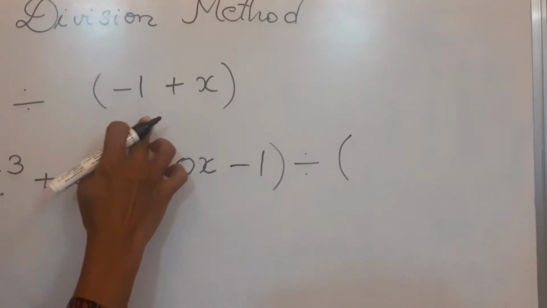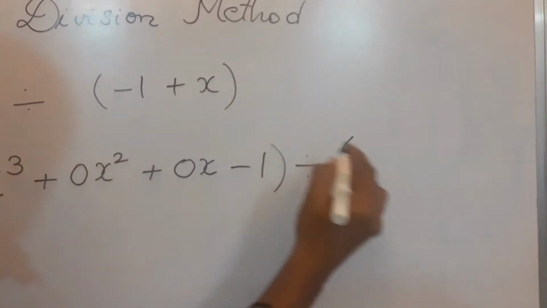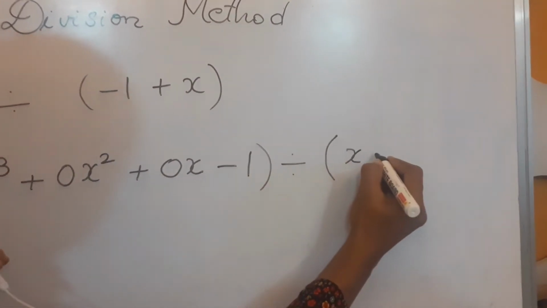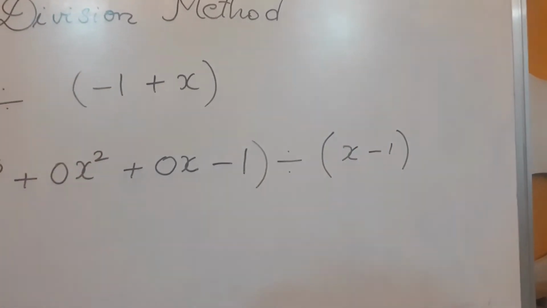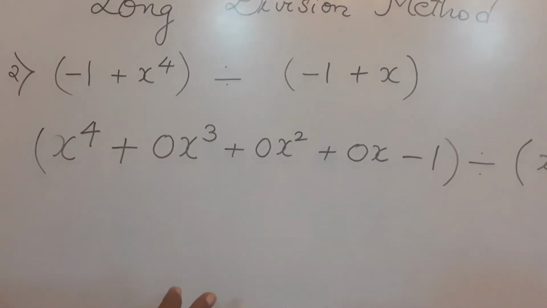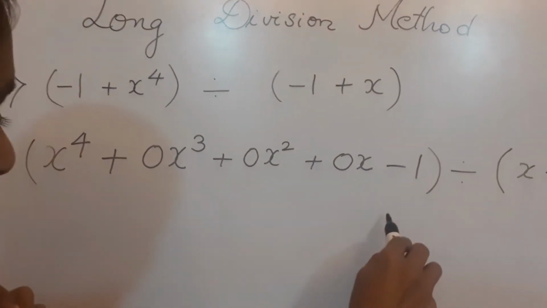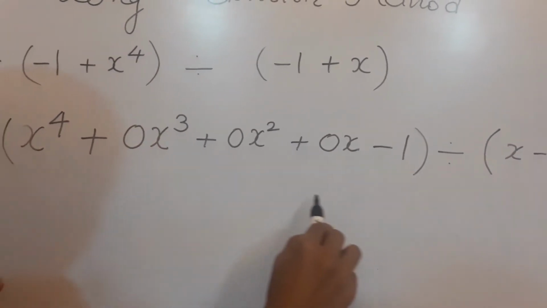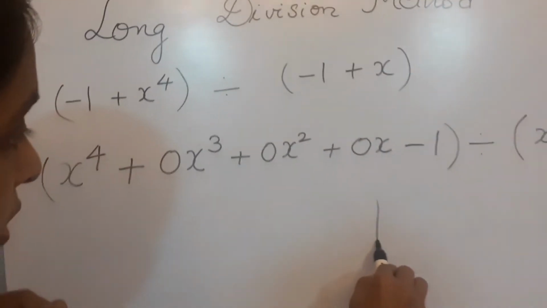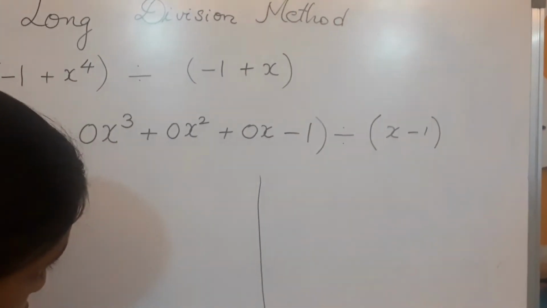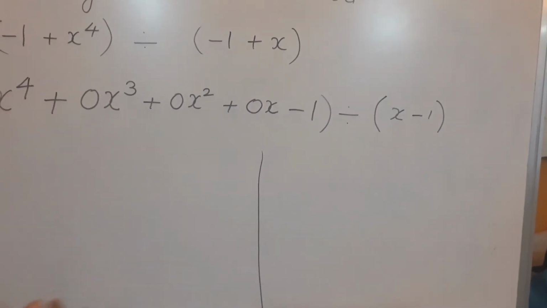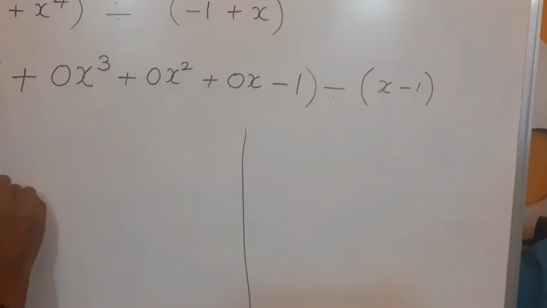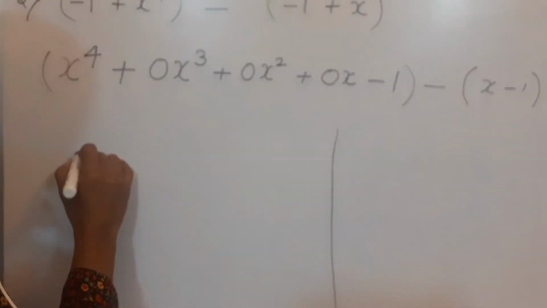the standard format, minus 1 plus x. So x always has to come first, so it will be x minus 1. Alright, so this is your standard format, and now we shall proceed with solving the problem. So as I said earlier, what you need to do is you divide your page into 2. On the right side you proceed with your rough work, and on the left side the problem has to be done. So you put it as